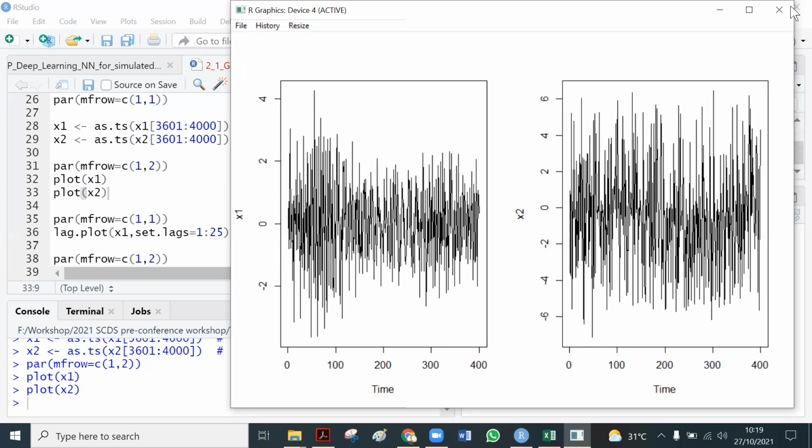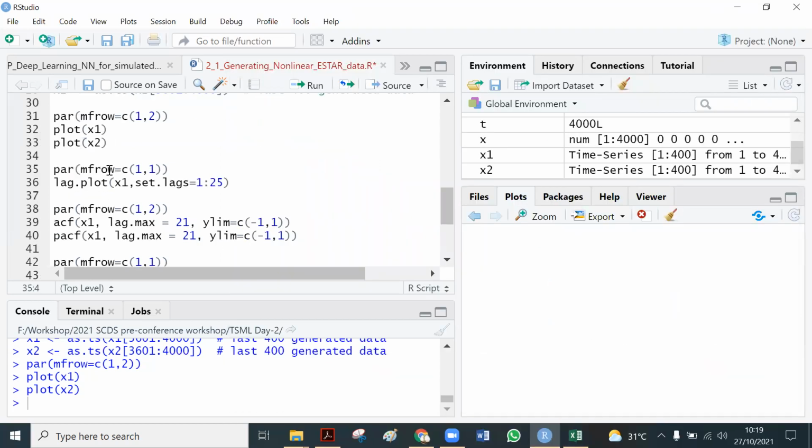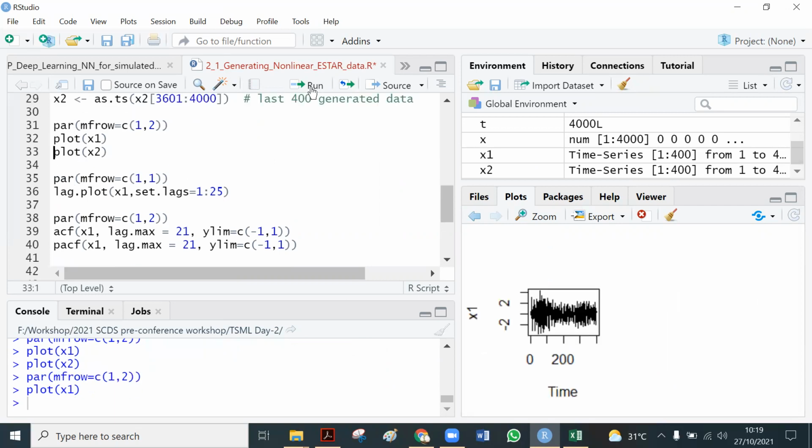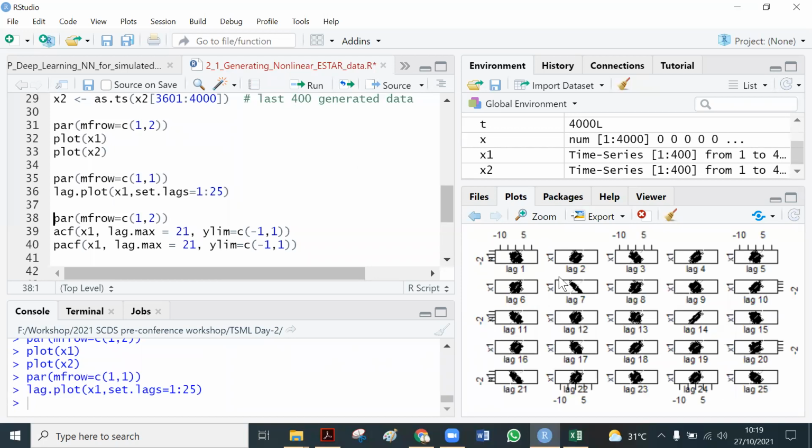Okay, I close this one. Then we can go further by making a lag plot. Okay, we have a lag plot like this.